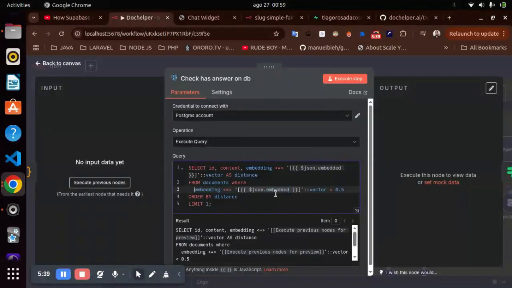So this generates a value, and here I say if the value is